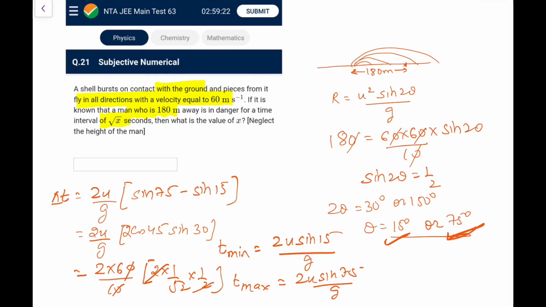Okay, now how to answer this? This is actually not right. I don't feel it's the right way to give the question in such a format. Time for me is 12 by root 2, that is 6 root 2 seconds. Now depending on whether you take root 2 as 1.4 or 1.41, the answer will vary. So the question should have specified that, if I take only 1.4, or let's say if I take it as root x, okay, then it's okay.